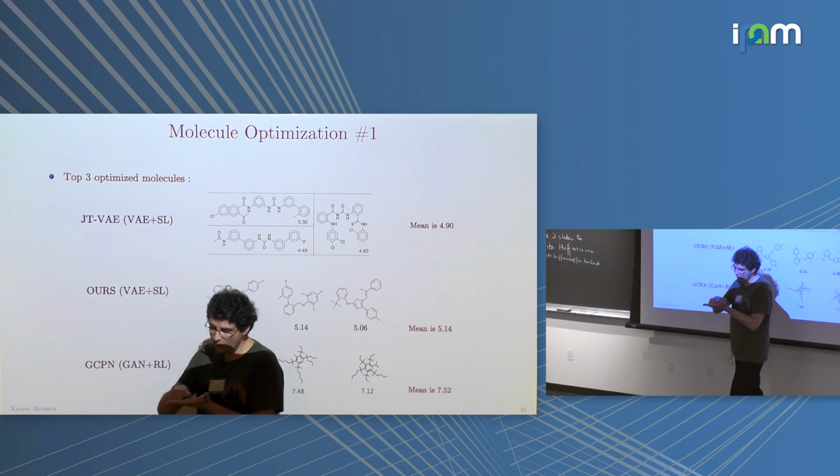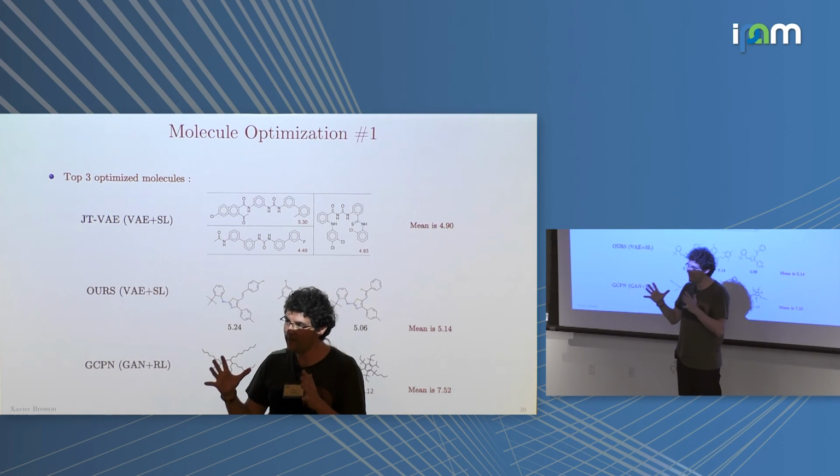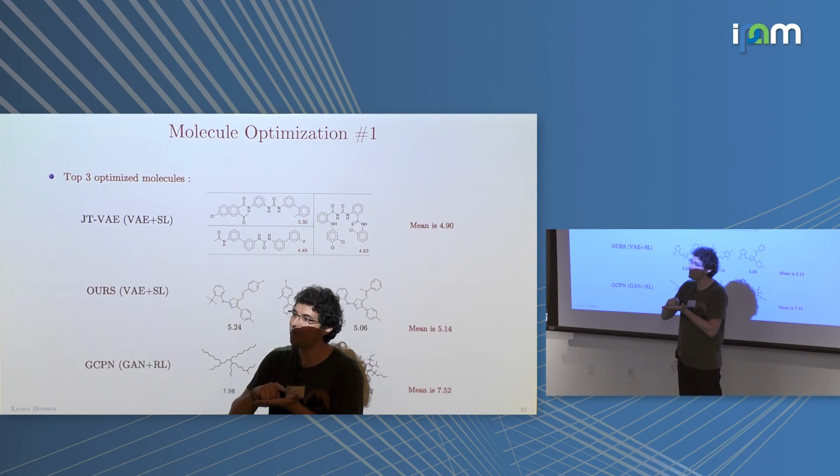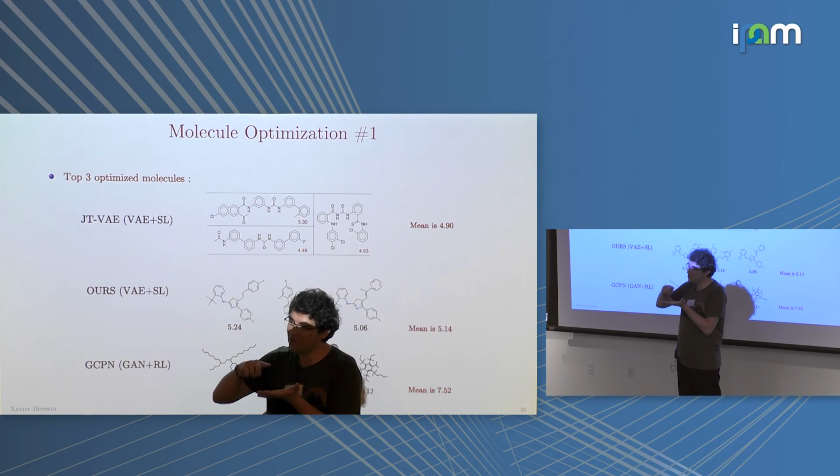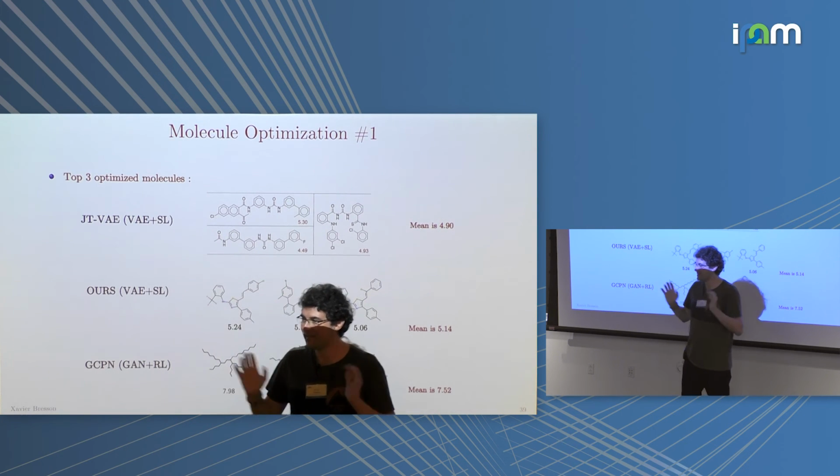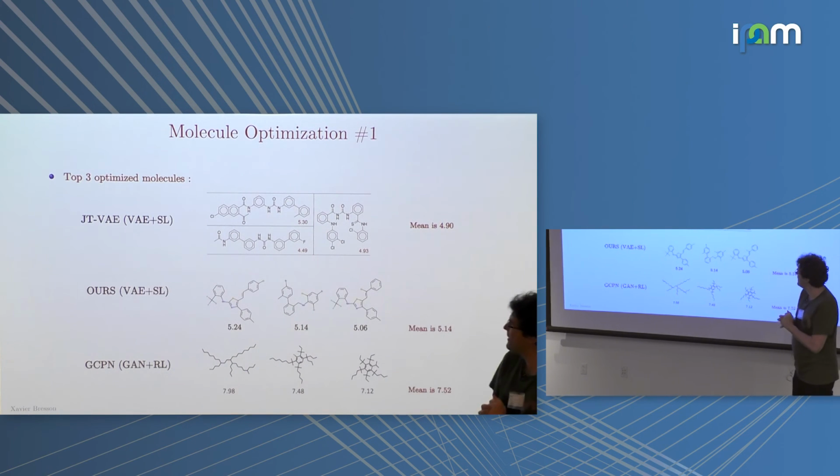Yes? How do you determine the direction to move in the latent space? So we are just going to move. The latent space is parameterized by your property. The property, for example solubility, is one parameterization of your loss. So you can compute the gradient of the loss with respect to your property, and you just go in the direction where the property is going to increase. That's easy to do.